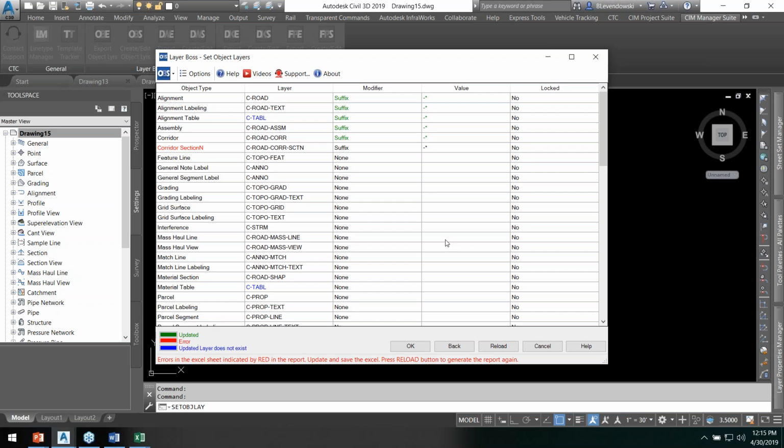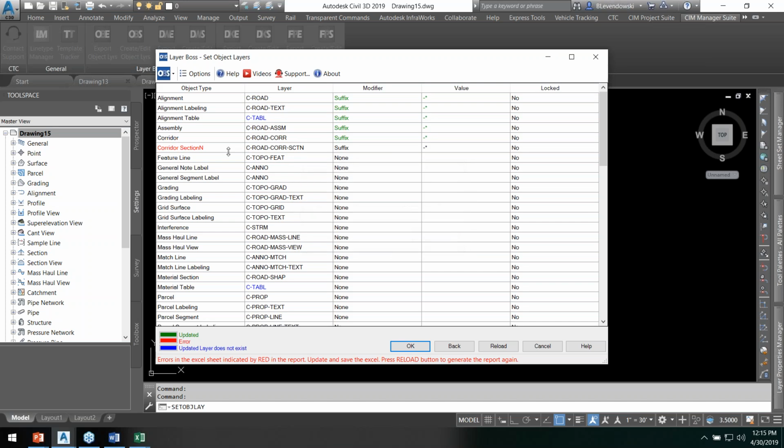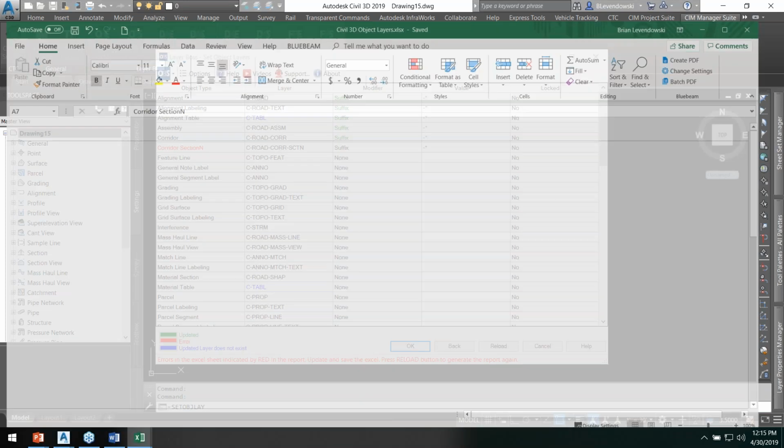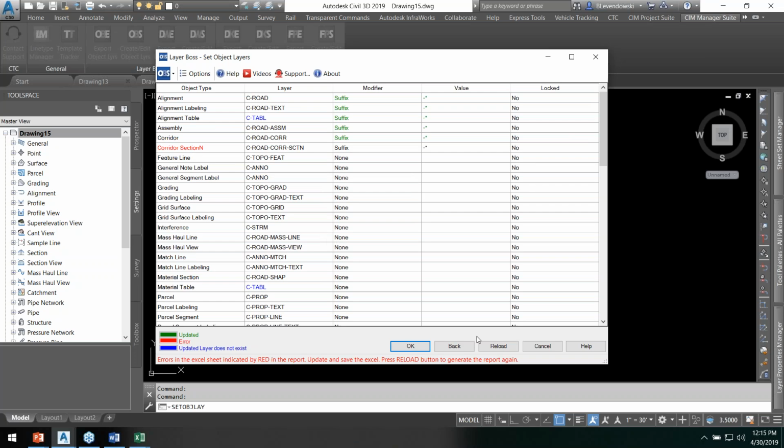Now there's a couple things here. Right off the bat, we notice the red row there, and what it's telling me is there's an error. In fact, I can't even proceed. If I try to hit OK, it says object type column contains invalid entries. Well, that's pretty clear to see now, but I might have missed it before, so I can simply make sure I didn't fat finger anything. I can remove that capital N, save this, come right back to Civil 3D, reload that,